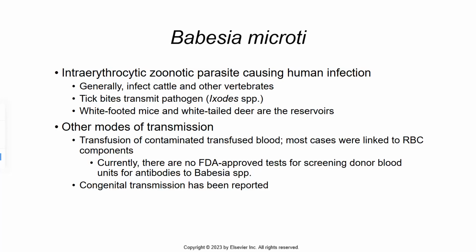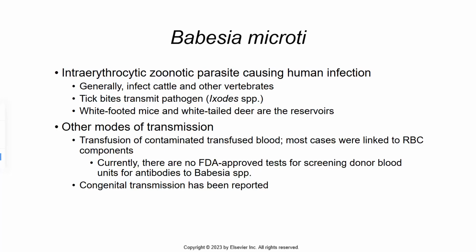Intraerythrocytic zoonotic parasite causing human infection, generally infecting cattle and other vertebrates. Tick bites transmit the pathogen, the Ixodes species. Ixodes species is the same tick that transmits Lyme disease. White-footed mouse and white-tailed deer are the reservoirs. Other modes of transmission,